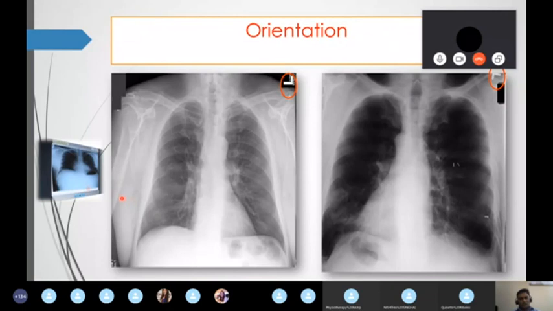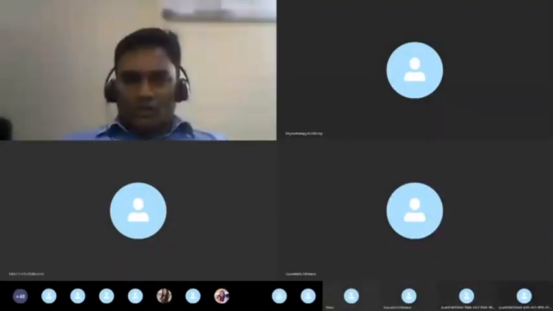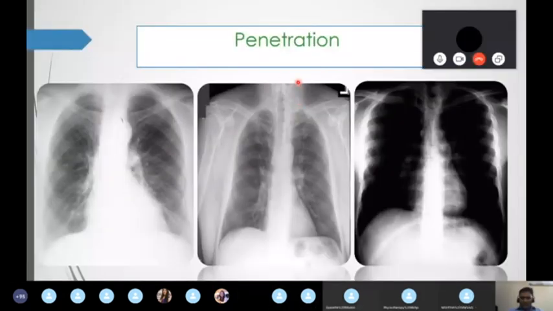Now you stand and watch. Always keep a distance of around 3 feet. See the X-ray. Simple: someone standing opposite is going to look at the vertebrae. What are you going to do? If you are able to see all these vertebral bodies very clearly, then only you are going to say that the exposure is perfect. That is the first thing to always keep in mind.